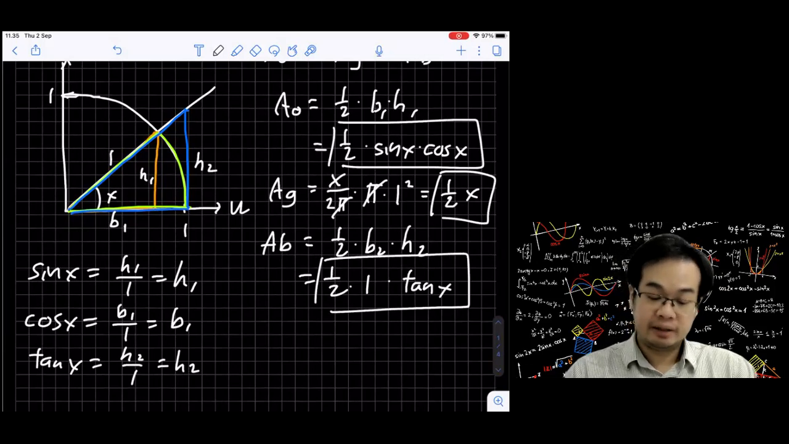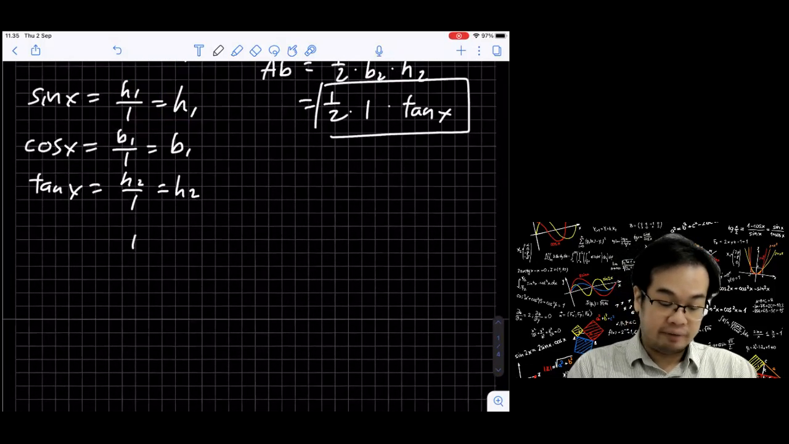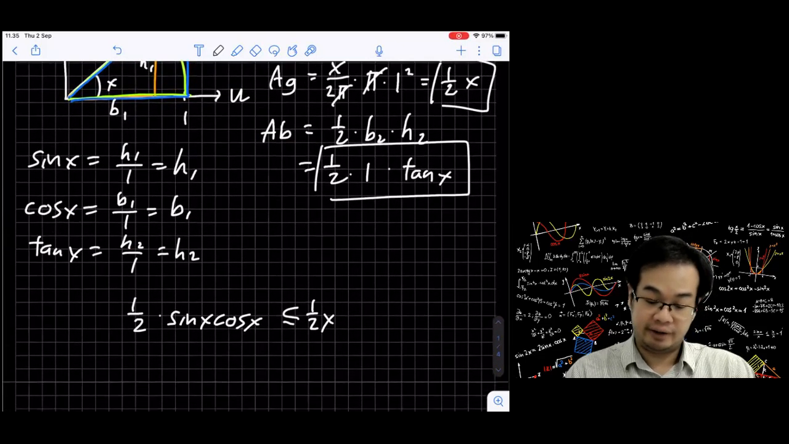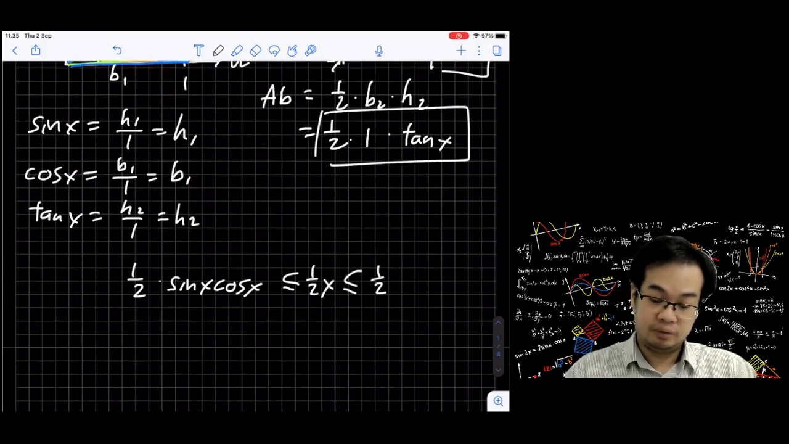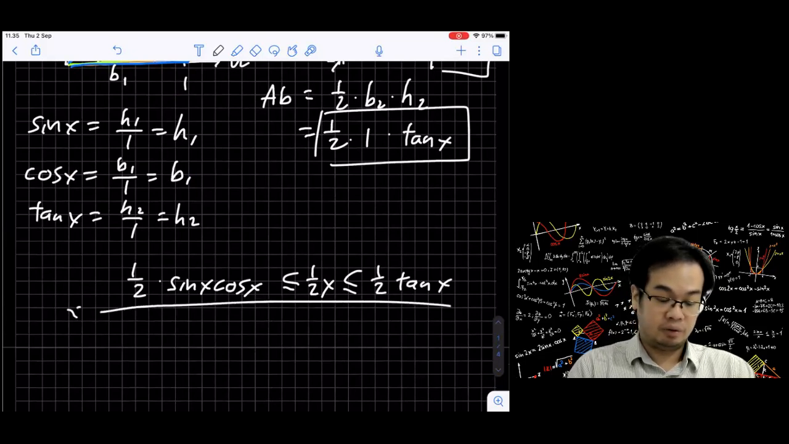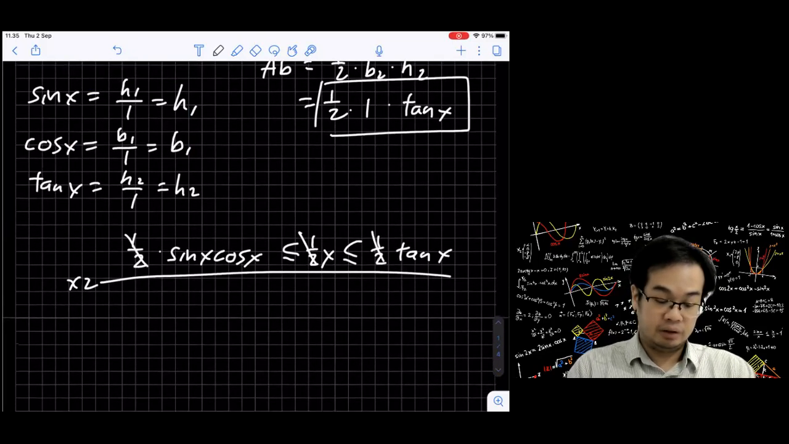Okay, and let's plug it into the inequality. So it says that the area of the orange one, which is half sine x cosine x, is greater or equal to the area of the green one, which is half x, greater or equal to the area of the blue one, which is half tangent x. And then we multiply all sides by 2, so we cancel. Then we divide by sine x on all sides, so this will be cancelled, become cosine x,